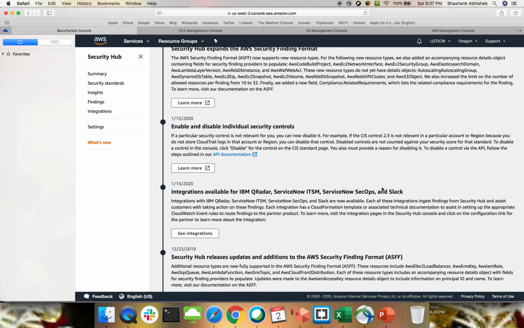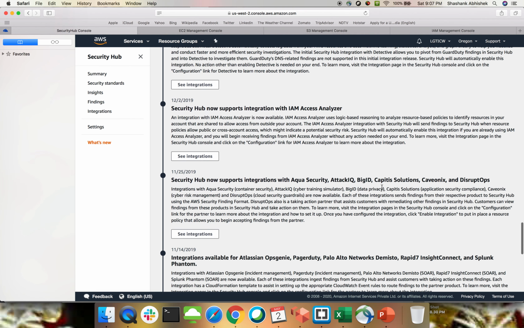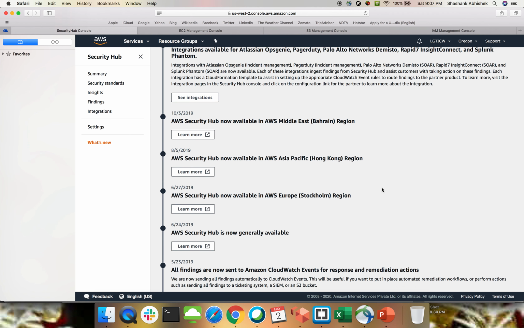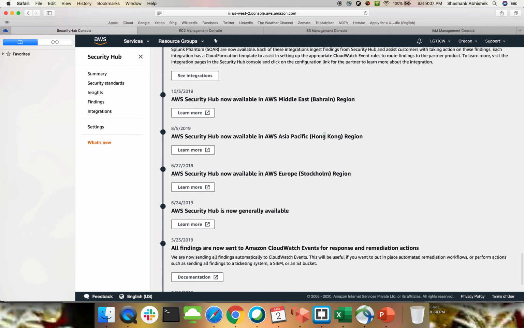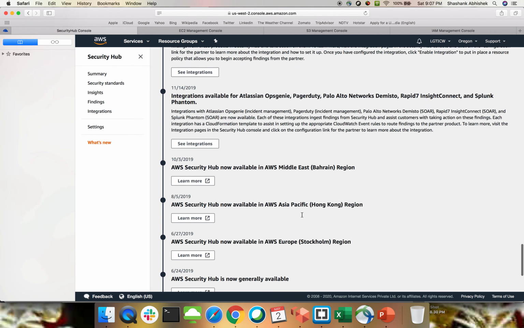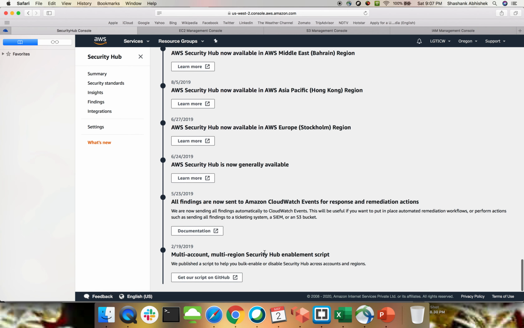We have a lot of new integrations and new things added with this particular AWS Security Hub. A new region has been added for Security Hub as well, like Middle East, Asia Pacific, Europe, and all those things. The last one, a multi-account, multi-region Security Hub enablement script, is there as well.